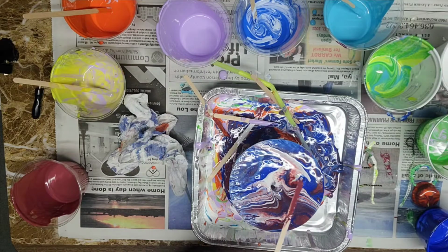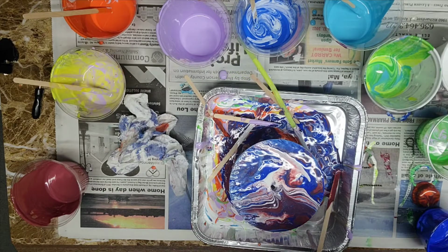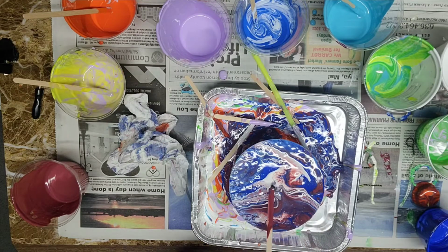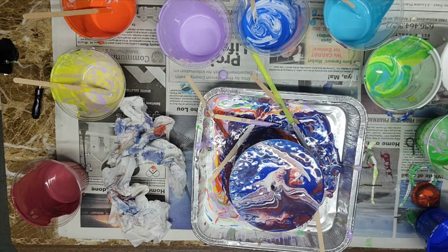But you see there's a lot of cell movement right through there. And this is kind of like a cell right here. As it starts to dry, it'll get more and more. So let me blow on it a little bit more here, and see if I can get any more cell movement out of it. See, there are little itty bitty bubbles. Those are little cells forming from that stuff. And right here, see, it'll start formulating more and more of those as time goes on. So I'm going to move that one